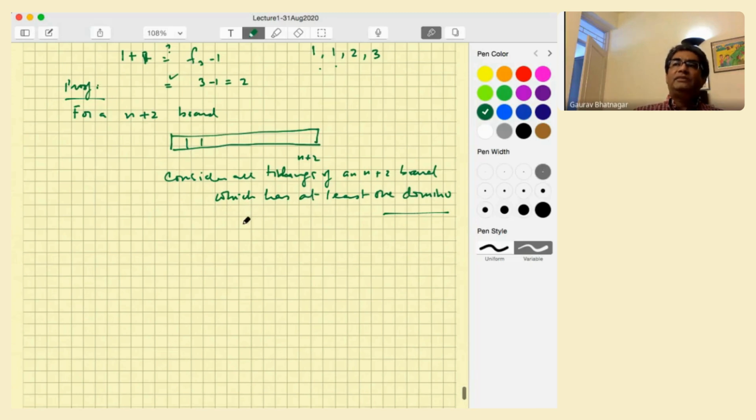All tilings which have no one domino, and this gives us the right hand side, small f n plus 2 minus 1. So this is RHS. The number of such tilings is